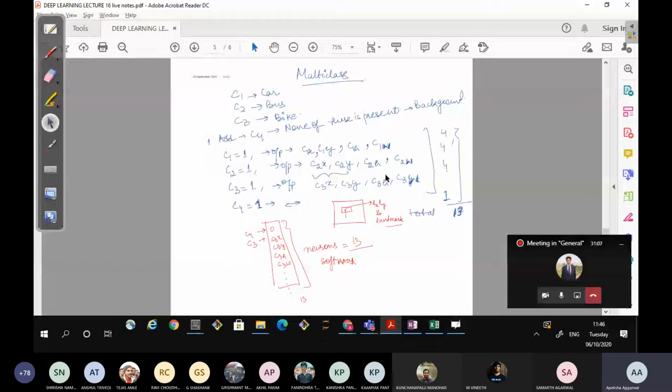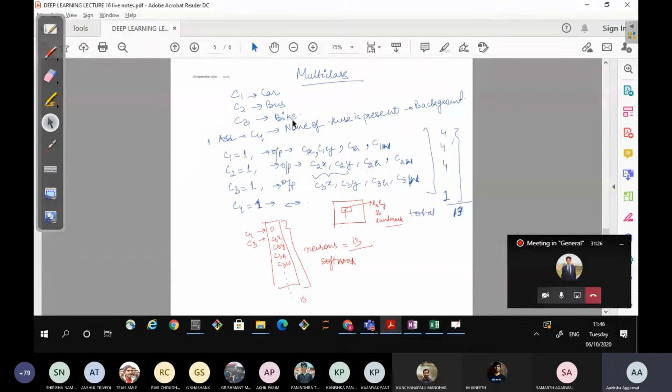So suppose we want to classify three classes, that is car, bus and bike. Three classes were there.